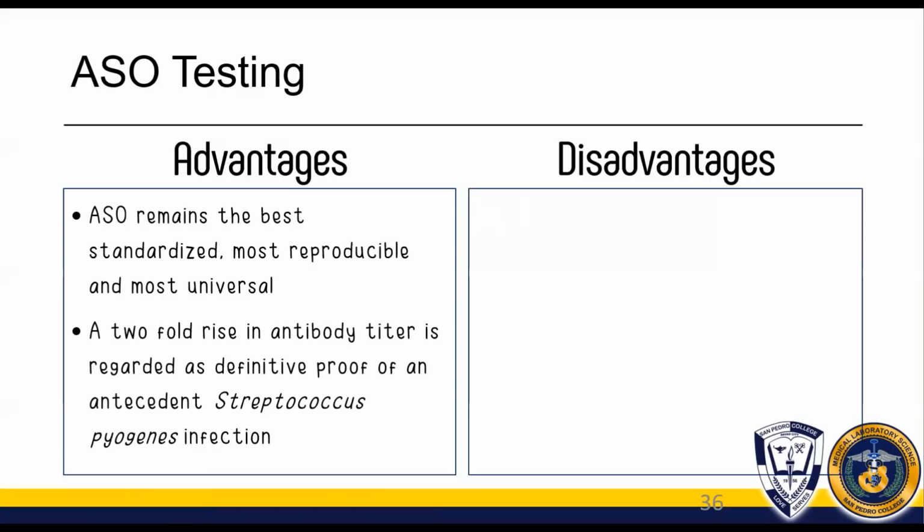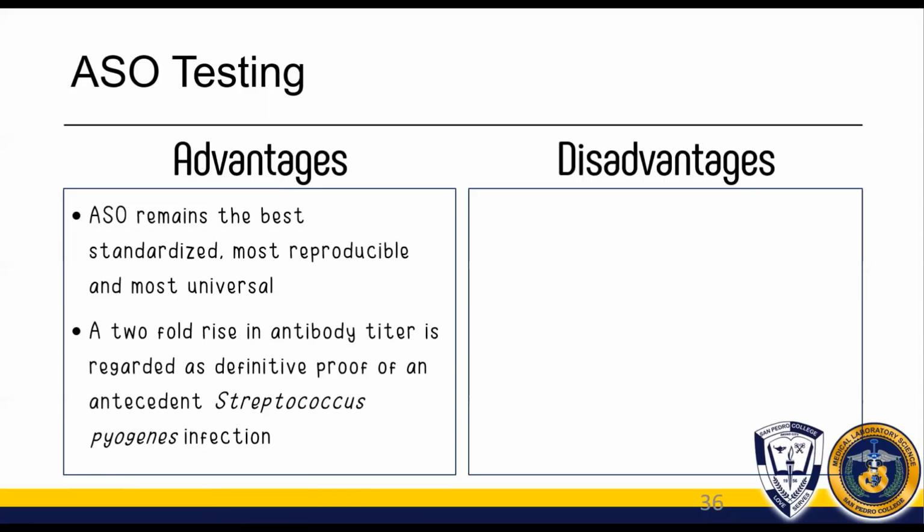A twofold rise in antibody titer is regarded as definitive proof of an antecedent Streptococcus pyogenes infection. So, the doctor sa case ni Maria, kasi once lang siya na-test, pwede siyang magpa-repeat ASO testing and then i-compare niya ang titer. 1,600 ang first titer ni Maria. If during the second test, naging 3,200 or 4,800 ang titer ni Maria, so nagkaroon ng increase. Therefore, that is already definitive that Maria had a previous